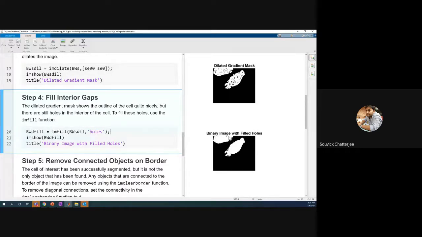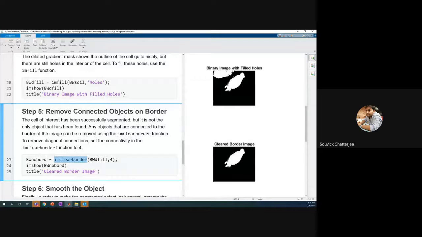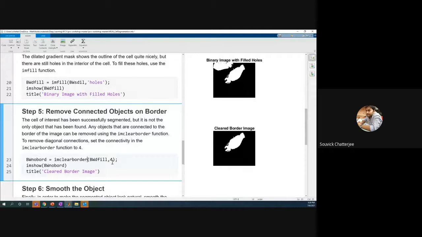This one is also still an outlier probably, which we do not want. So what we can do there is we can use this command called imclearborder. That means every object which is connected to this border will be removed, right? So this will clear the pixels which are in touch with the border. If we use that and then run this, then you can see you have removed those things. So if you use this command called imclearborder, then those pixels which are connected there get removed.